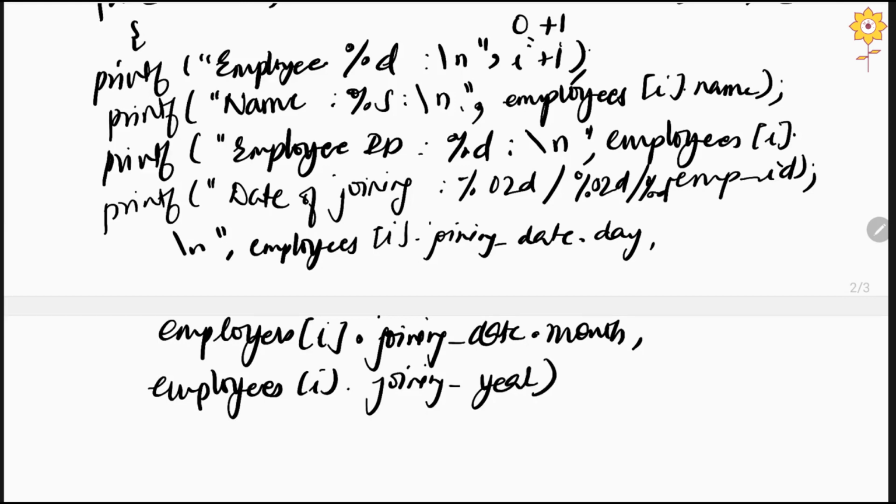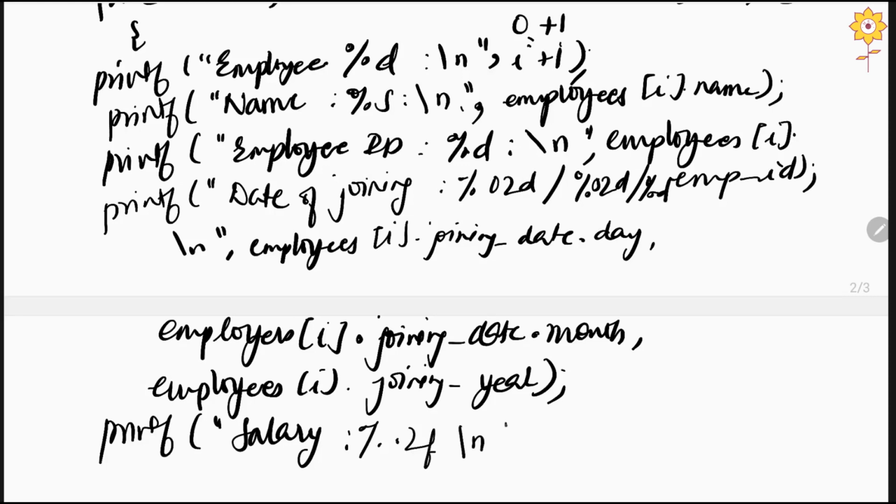right, and then you will write the salary. printf "Salary" %.2f, if you want to keep only two numbers after the decimal point, \n, employees[i].salary,